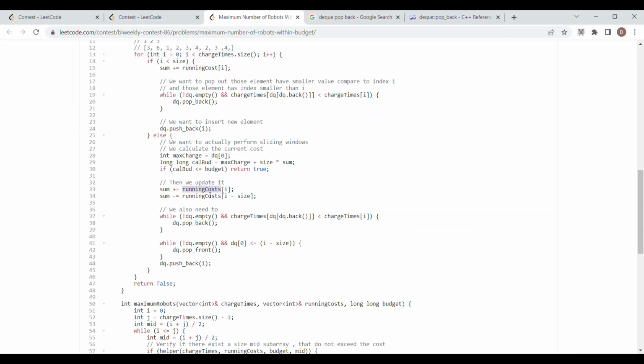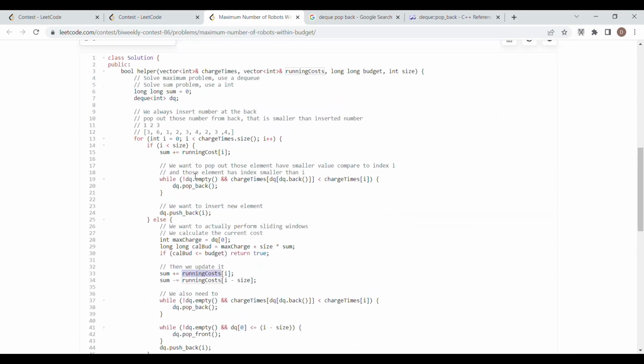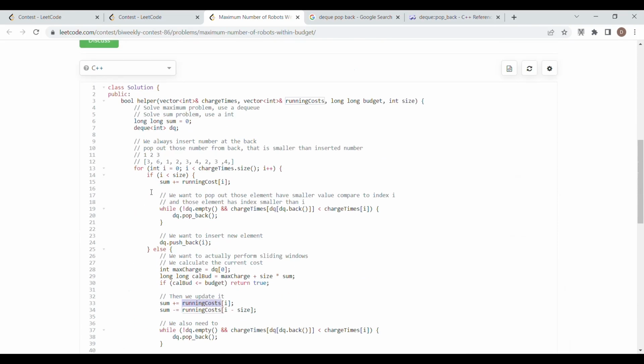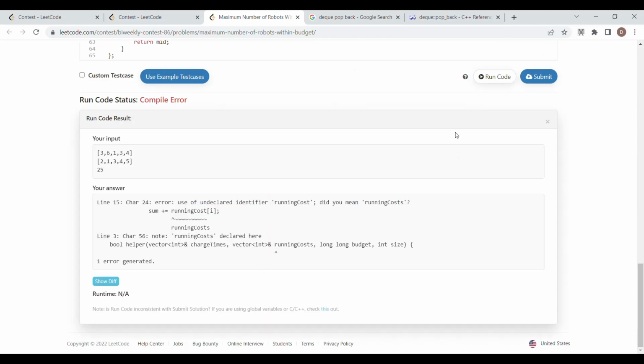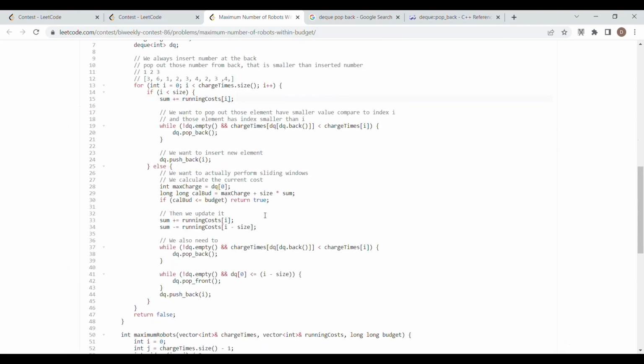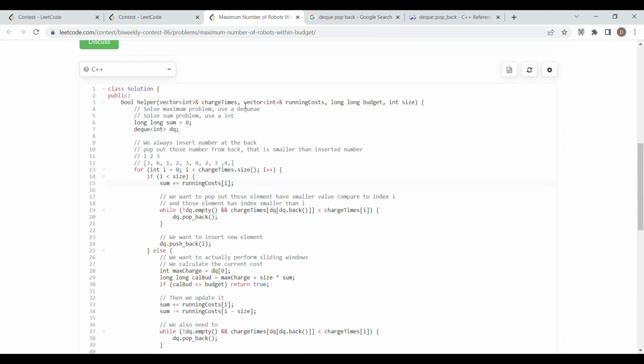Oh, I made a few mistakes. Then 15. Right. Runtime error, addition of onside of. Okay. So here, if I estimate the size, then